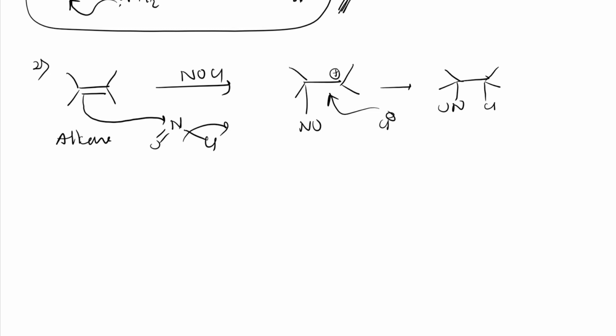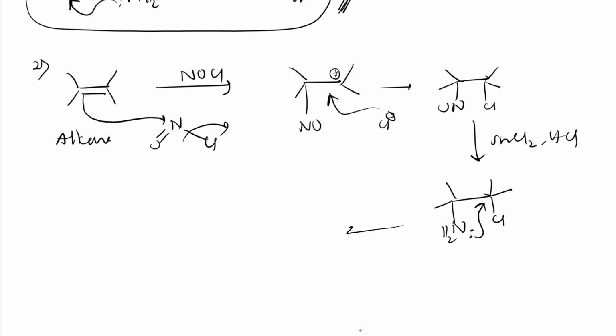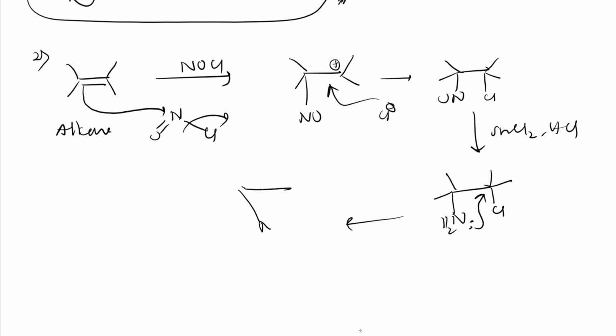To this, if I add a reducing agent, for example SnCl2 in HCl, it acts as a reducing agent. It will convert this NO to NH2. So here nitrogen gets a lone pair, with chlorine and methyl. Further, again intramolecular SN2 and I will get this 3-membered nitrogen containing heterocycle. How did I get it? Same thing. To remove nitrogen's charge, we won't show that positive charge.